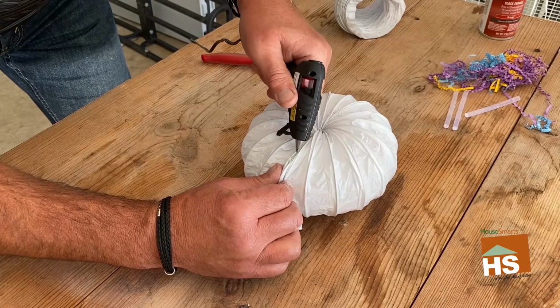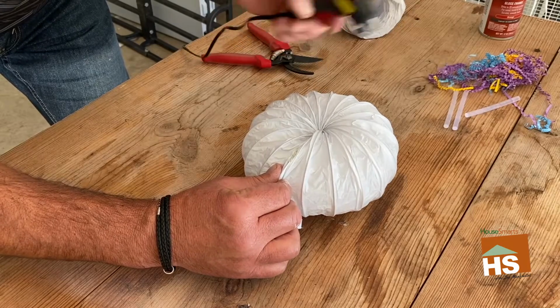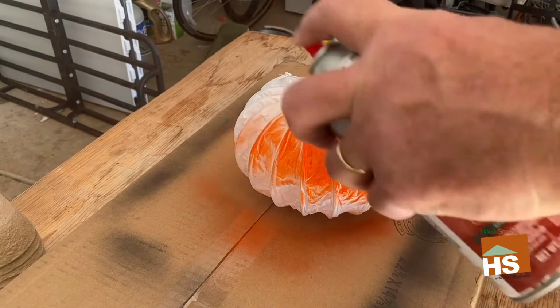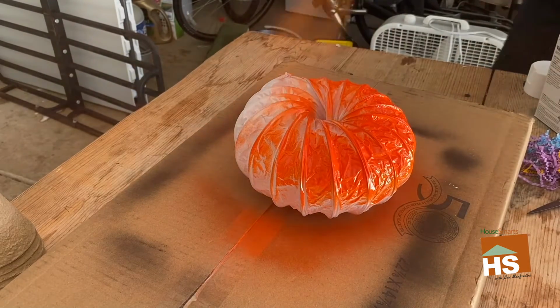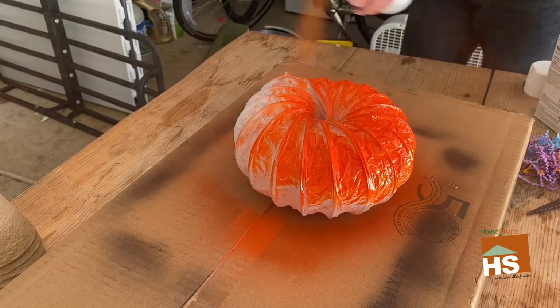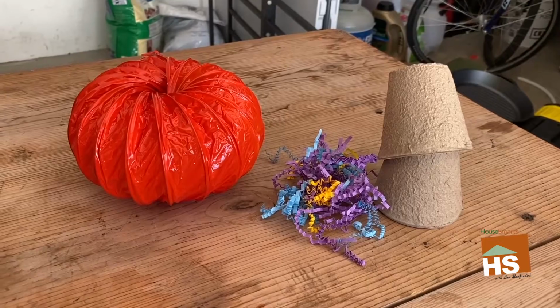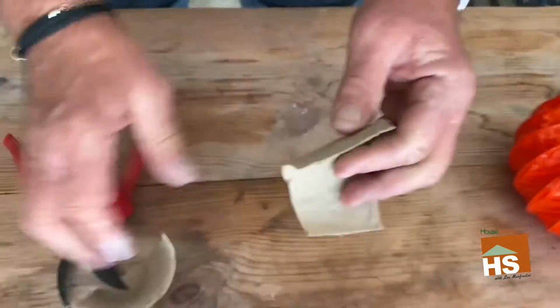And you're going to have to hold it for a few seconds just to keep it in place so the glue sets up. After that, take some orange spray paint the entire ring, and you may have to flip it over to do the bottom side. You want to get really good coverage there. Then, peat pots are used for gardening. You can take these and with a pair of snippers, you can actually cut it, almost like you're going to roll it up